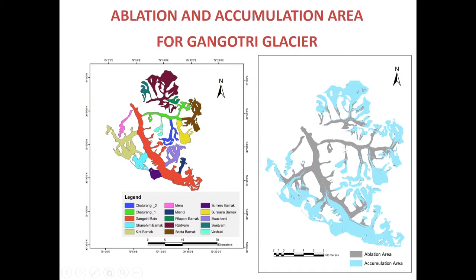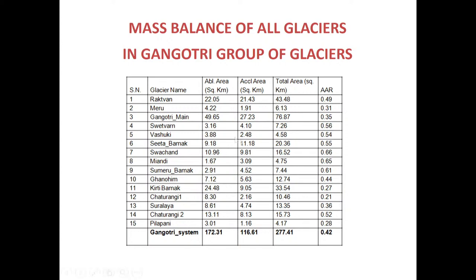So the gray color shows the ablation area and the blue color shows the accumulation area. And these areas of ablation and accumulation also change with time. You can see here, these are the different companion glaciers of the Gangotri group of glaciers. How much is the ablation area, how much is the accumulation area, and for each glacier, how much is the